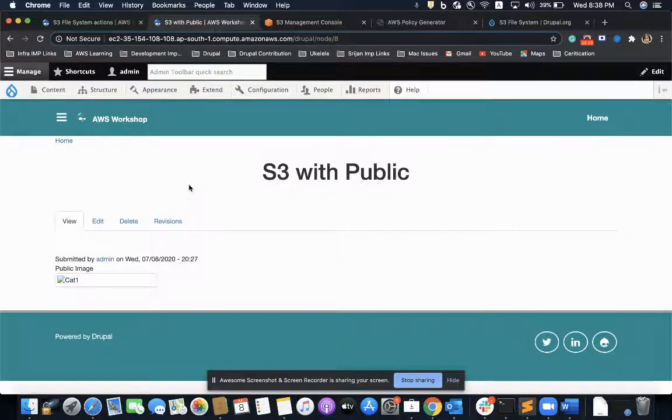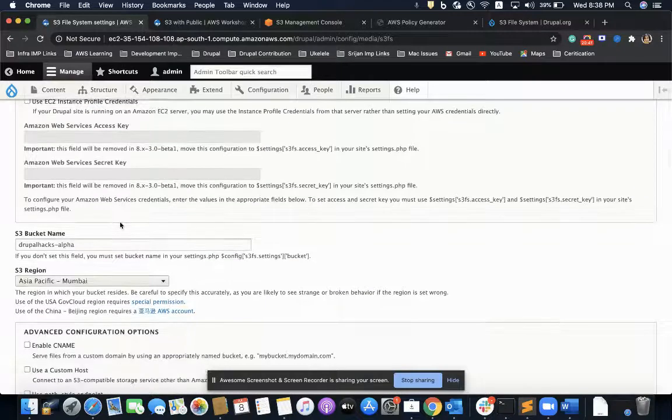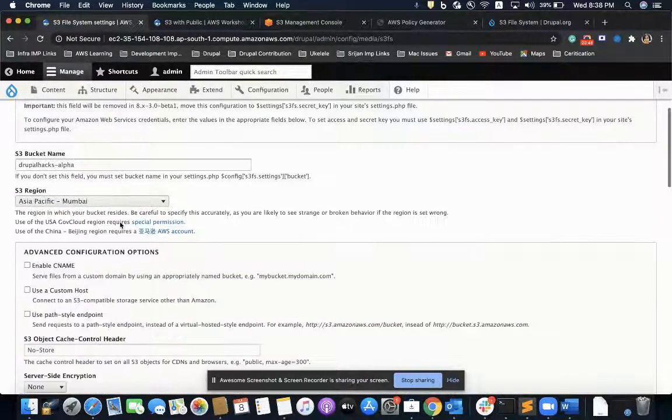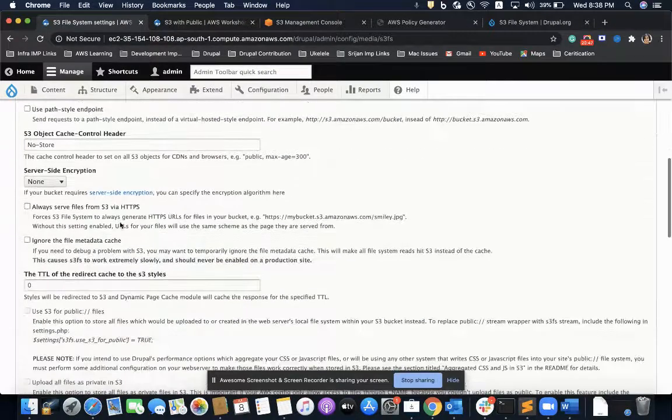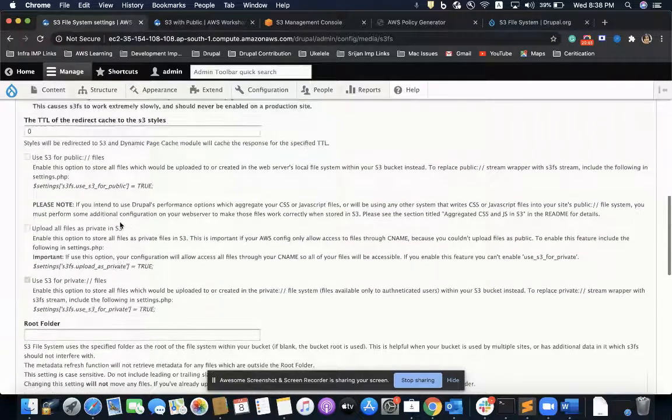So, what I meant by this is, let's configure it and then see. To configure this scenario, where my bucket is private and even then I want to access my images, what do I need? I have to configure this, use S3 for public,